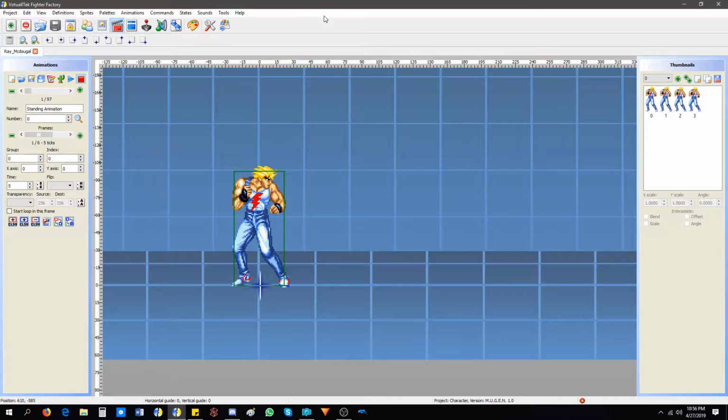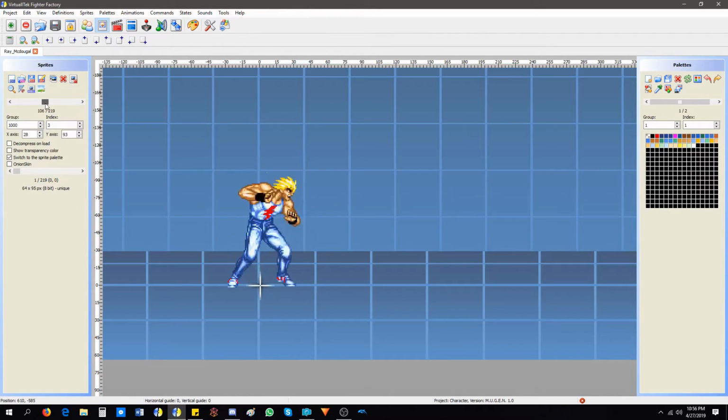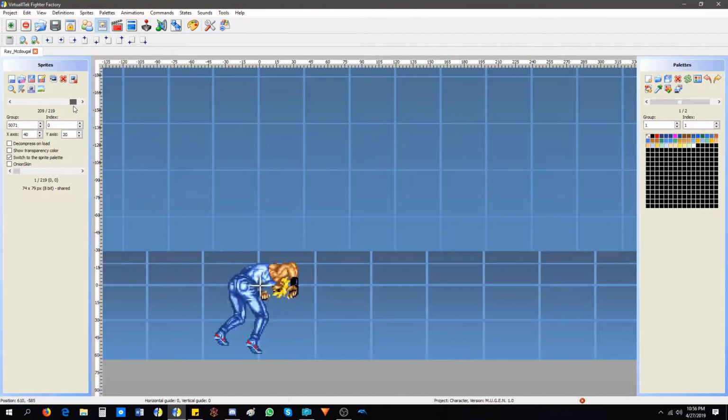Okay, so now that I have completed the sprites, I realized something while doing this. Aside from editing, he's missing a sprite, which I had to actually go into the game to rip. It was his get up sprite, which he didn't have on the sprite sheet, which I didn't even notice until way after. But I'll show it to you here. It should be 5120. Yeah, these were not in the sprite sheet, so I had to go and rip them from the game. The hard thing about that is if you don't know how,